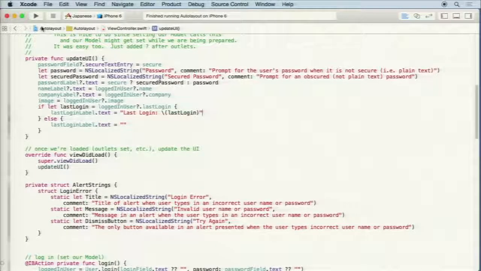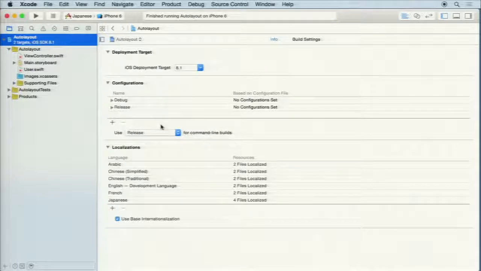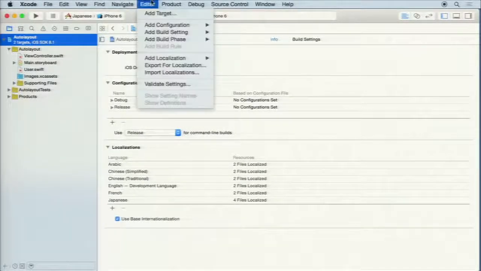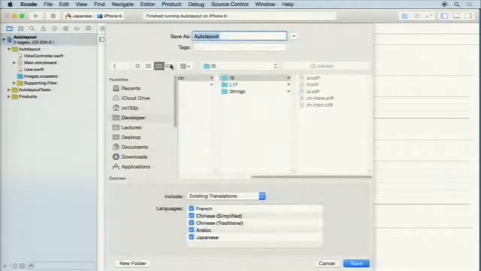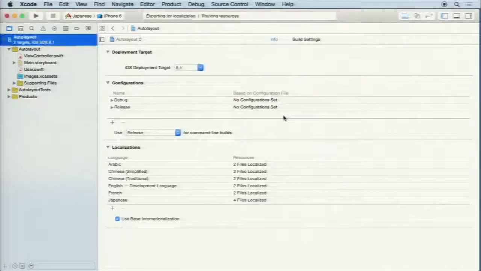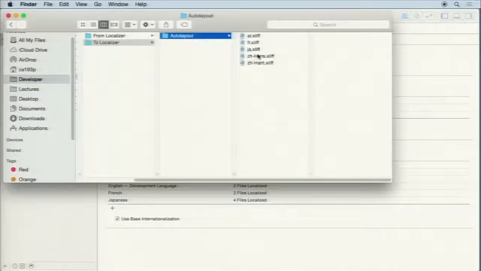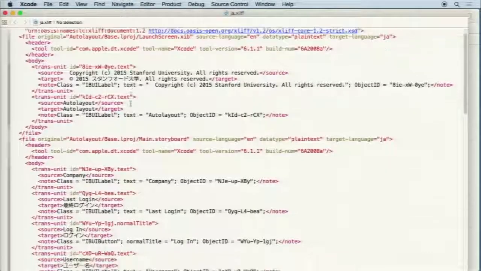So again, I'm going to go back to my project right here. And this time, I'm going to send out to my localizers again. Now this time when I send it out, I can replace these. If we look at what I sent this time to the localizer, let's look at Japanese, you can see that,